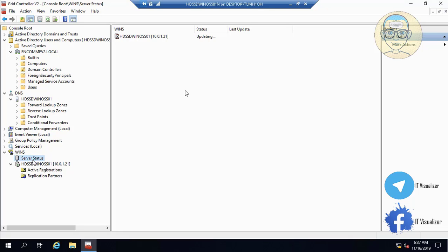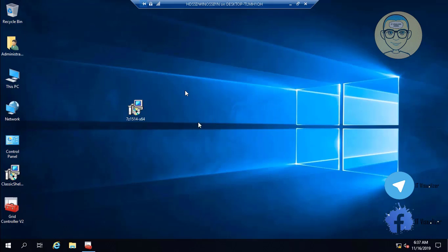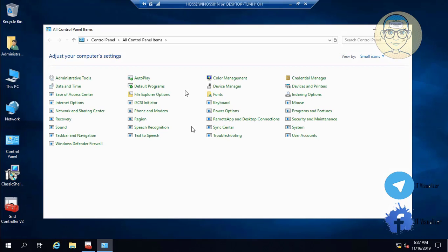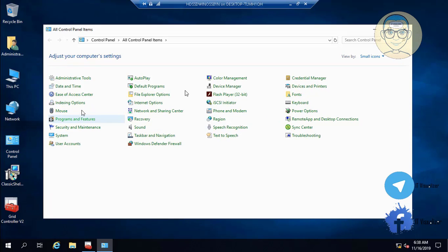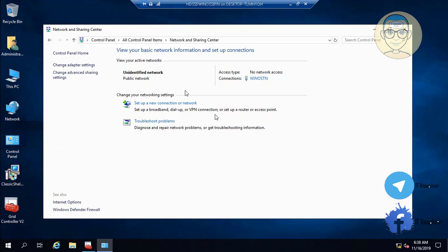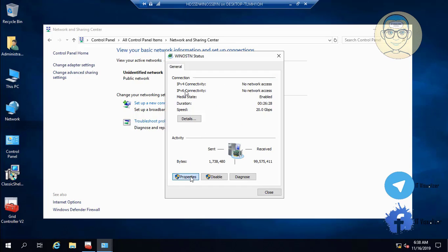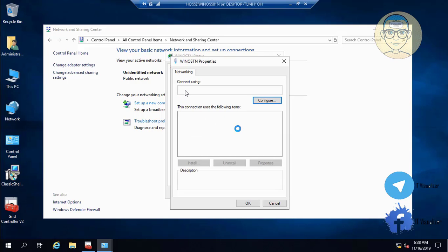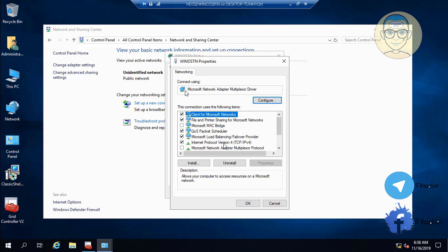So we have our new domain controller. We have installed the DNS role on it. We have installed the Windows server role on it. We need to go to the network settings of the server, or network connection properties of the server, and add the WINS server IP to the network connection of the server. We will go to the internet protocol,